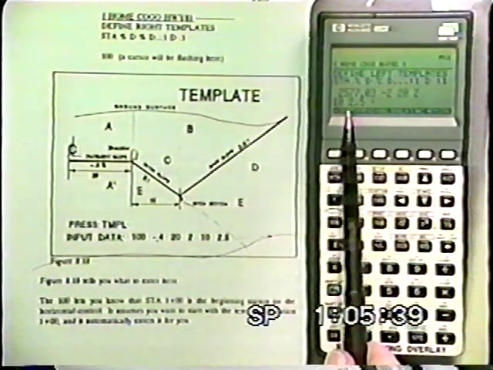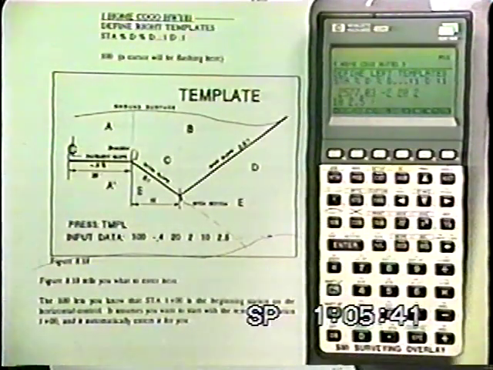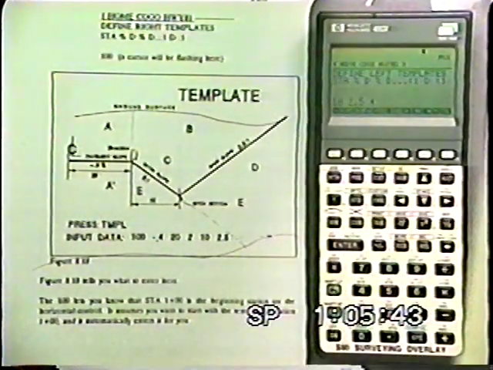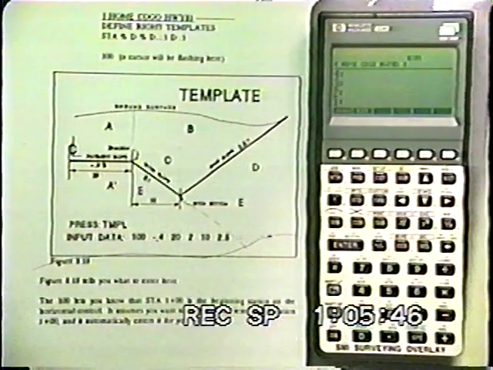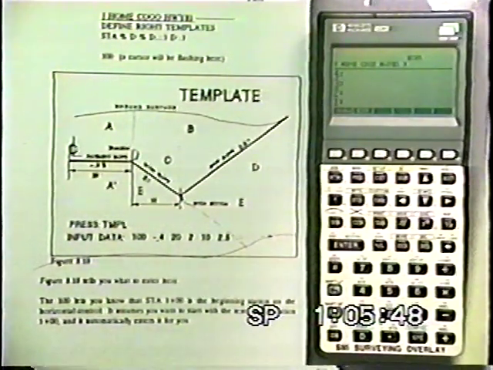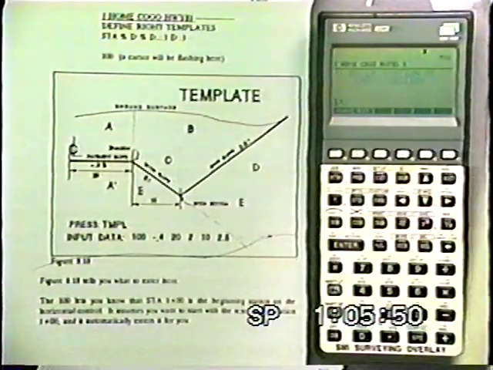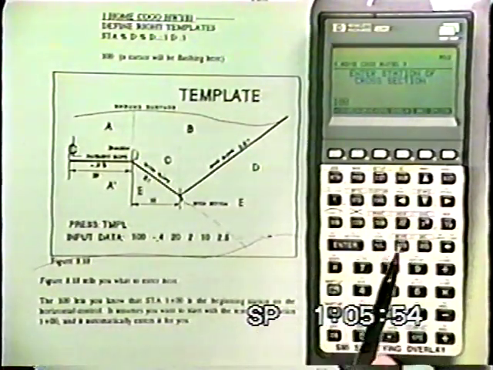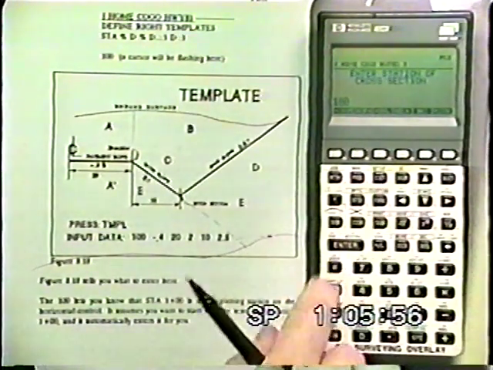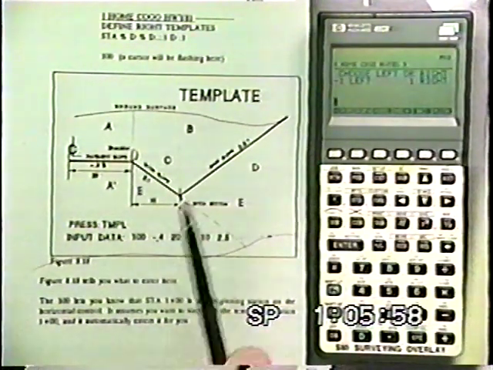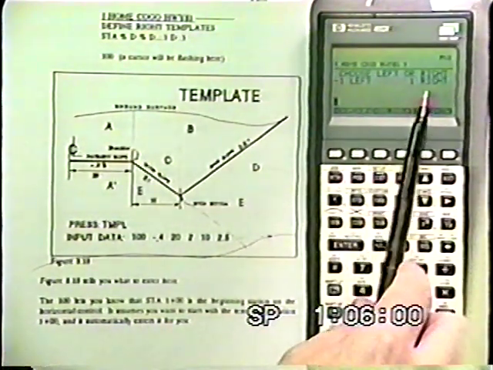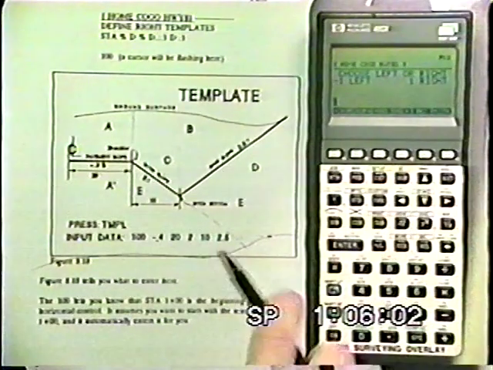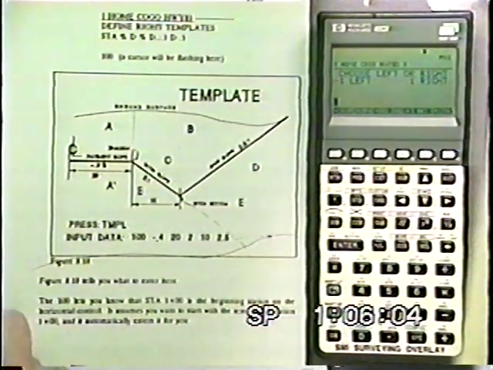now this is at the end of the template. We already have it stored. This time when we press on and enter, it exits the program. We could draw that if we'd like by pressing draw. We can draw any of the templates we'd like, any station number. In this case, we'll let it default on station 1, and 1 represents right, so we press enter, and it's